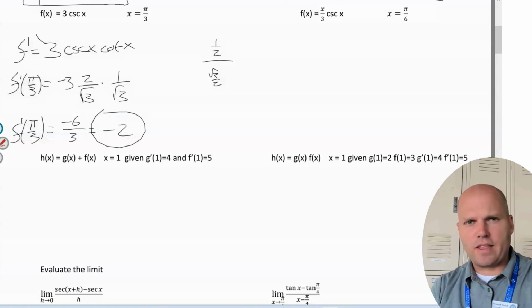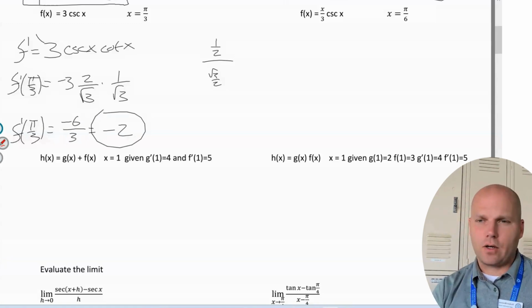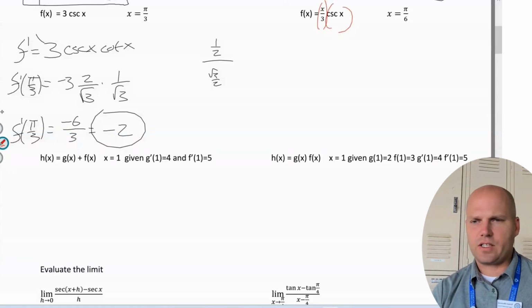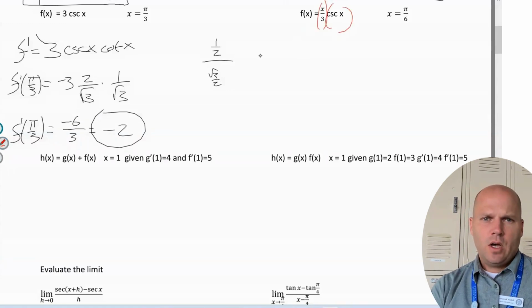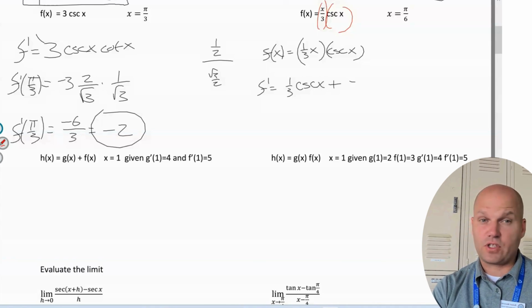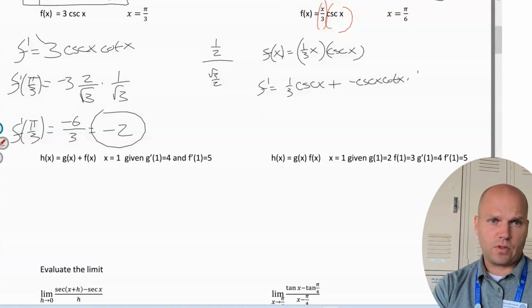What about this one? Okay, the x over 3. I guess I don't have to worry about it. It's like, well, pause. X's times X's. I have to use the product rule here. I'm going to probably start by rewriting it as 1/3 x times cosecant x, and then slopes of the first times the second, plus the slopes of the second times the first